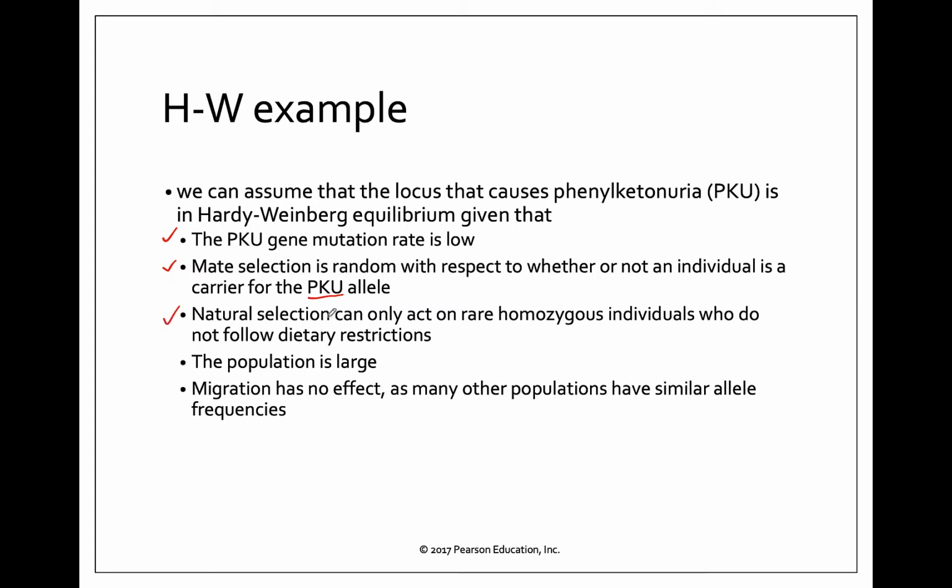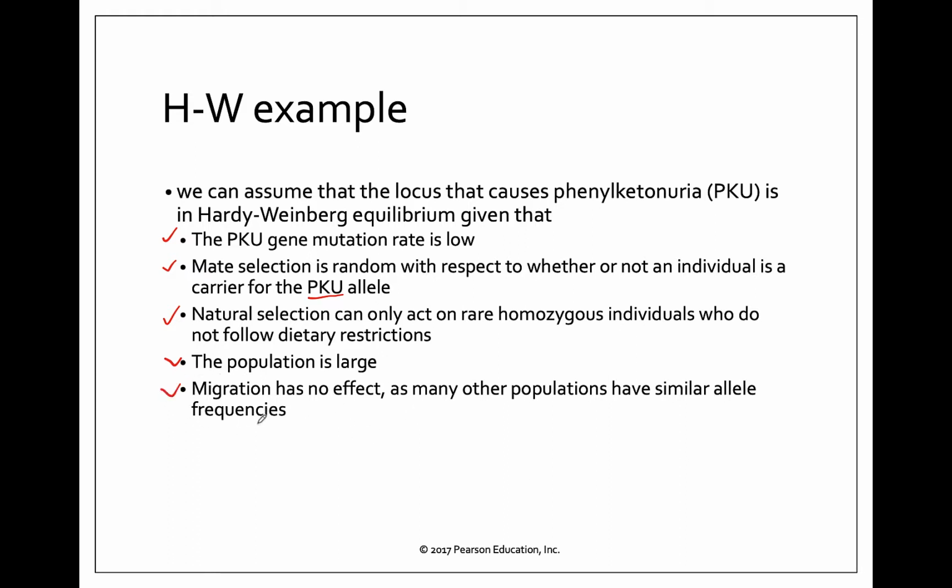Natural selection is pretty rare because it's only going to act on individuals that are homozygous recessive, and then also who don't follow the dietary restrictions. So in today's world, you can be affected by this, but still not selected against because you can follow dietary restrictions. The population of the United States is sufficiently large,